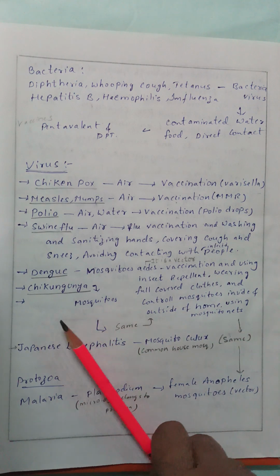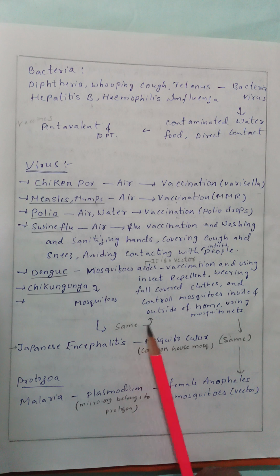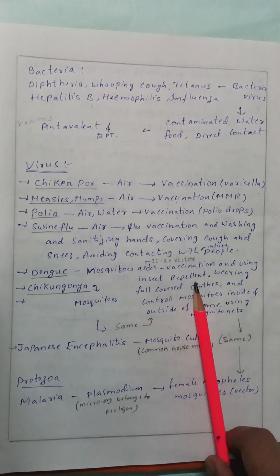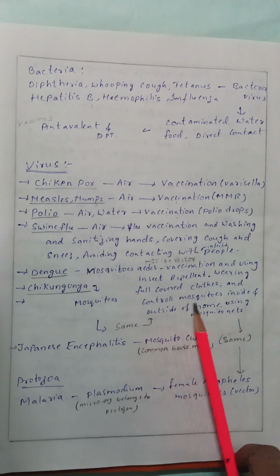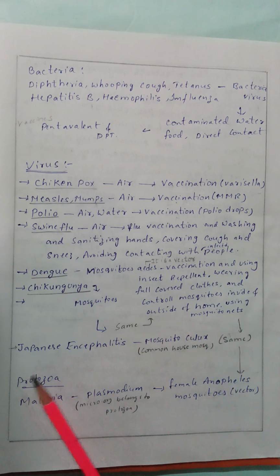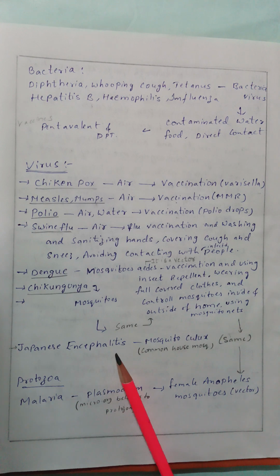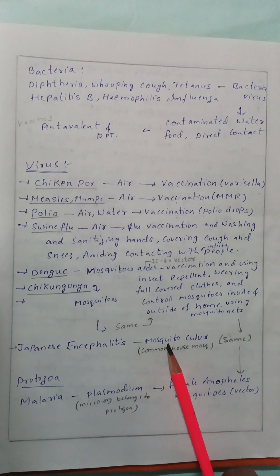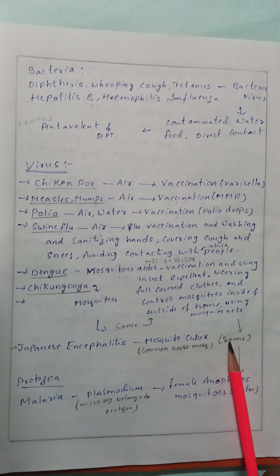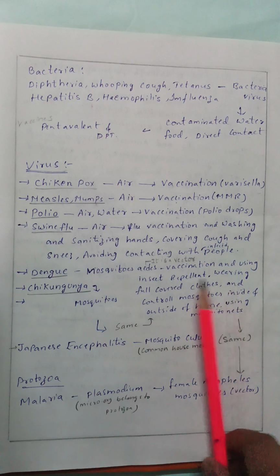Chikungunya is also caused by mosquitoes, and the same here, prevented by vaccination, using insect repellent, wearing full covered clothes, and controlling mosquitoes inside and outside of the home using mosquito nets. Japanese encephalitis is also caused by the mosquito Culex. Here Culex is a common house mosquito, and preventive measures are the same as here: vaccination, using insect